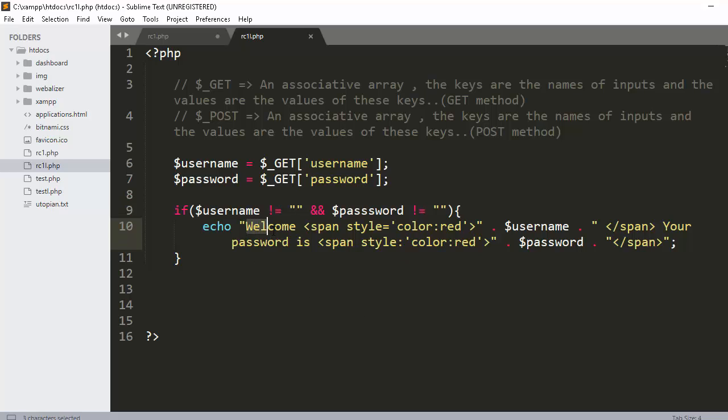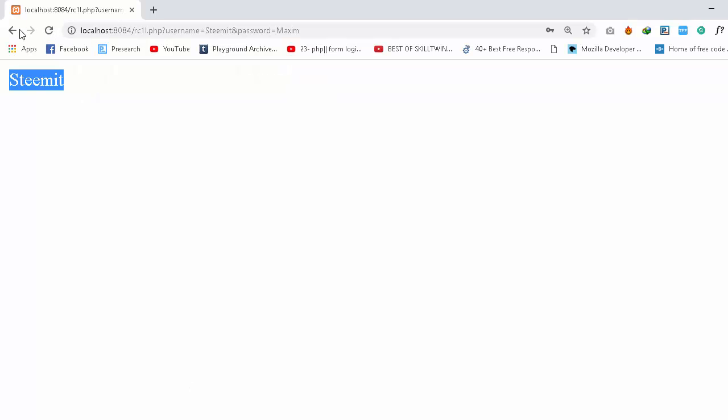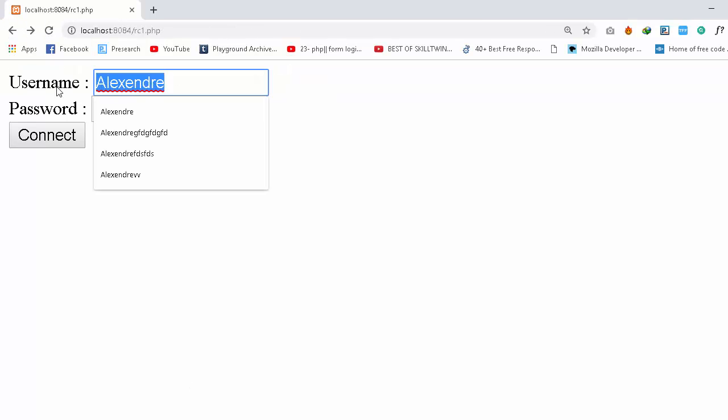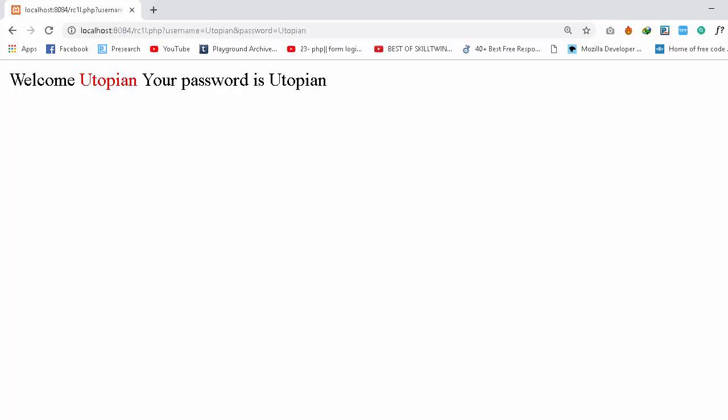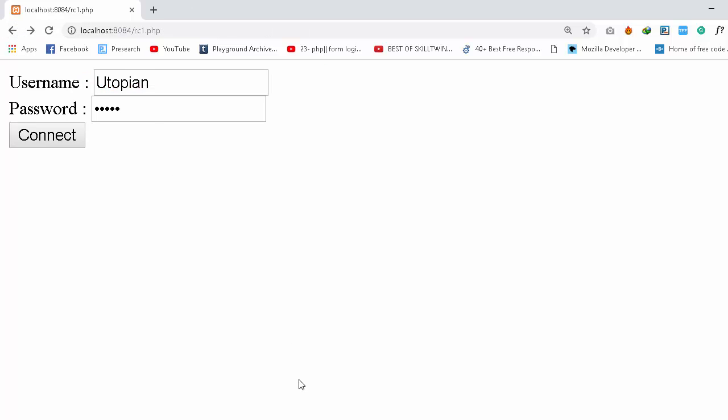I will print welcome username, your password is password. Let's reload and see the result. When we enter, for example, Utopian and the password is Utopian, we have welcome Utopian, your password is Utopian. Let's, for example, pass the empty value,